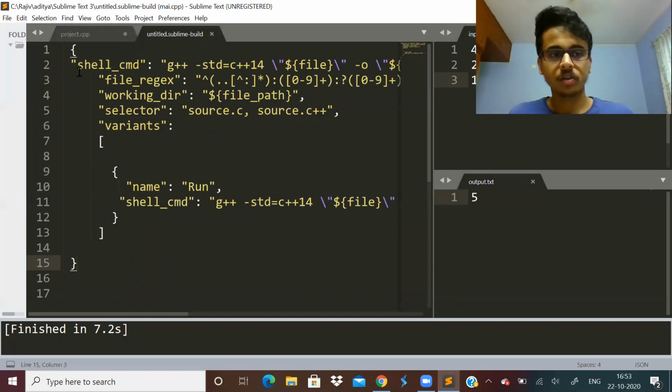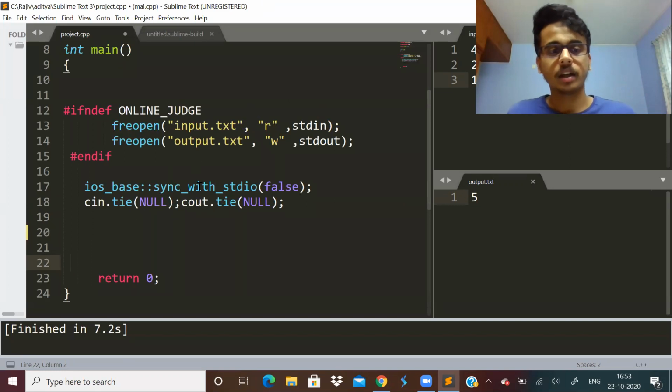Then you just copy these lines of code. If you're using Windows, this is it; if you're using Mac, then it will be something different. You can just Google that, it'll be available. Just paste it here and don't forget to press save. Press Control S, then it will work. And save all these three things in the same directory: output, input, and the project. So let us get back to the question.